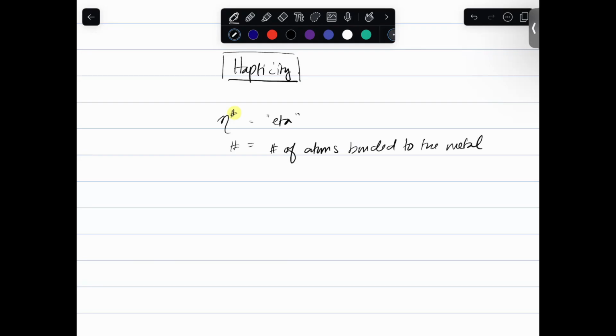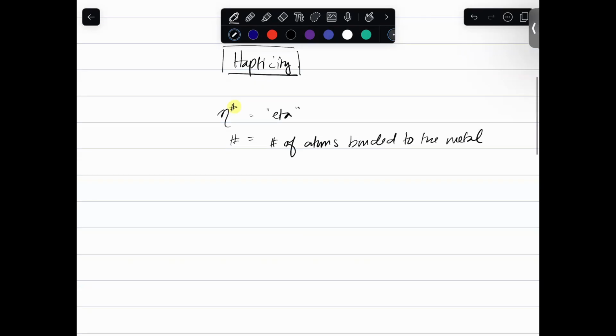I gave you a couple of examples with respect to hapticity, and it was also on your problem set number 3, part 2. I just want to review it really quickly. One of the examples that I gave you was the following allylic system, where in this case, you can see that the metal is bonded to one carbon. And so this is eta 1, carbon bonded